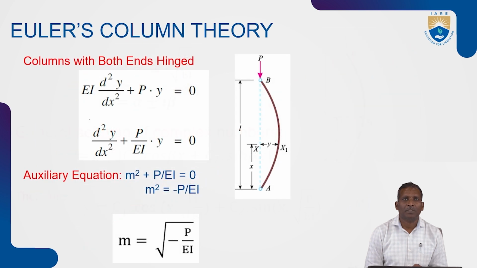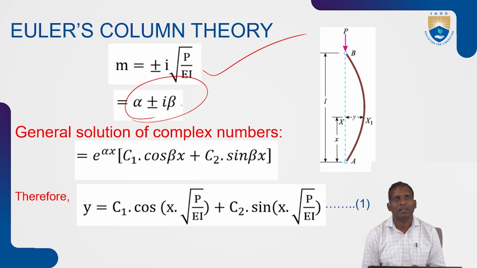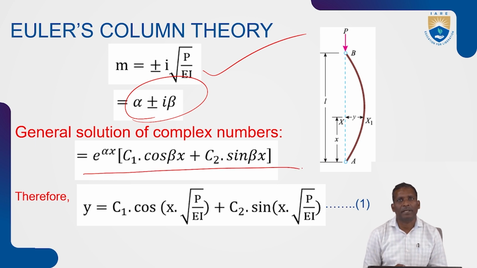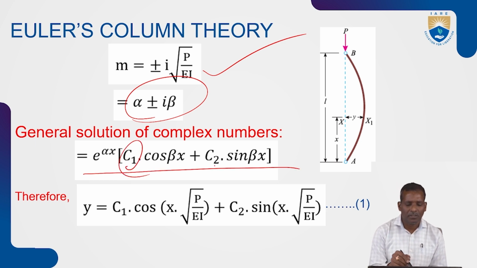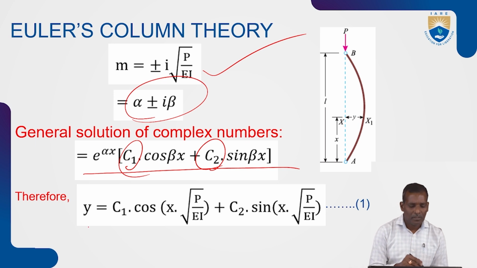So we can take m equal to plus or minus i, the complex number, into the square root of P by EI. So we can write the roots as alpha plus or minus i beta. The general solution for these complex roots is e to the power of alpha x into (C1 cos beta x plus C2 sin beta x). Here C1 and C2 are constants. You have to calculate these values by using boundary conditions. So therefore, y is equal to C1 cos x times the square root of P by EI